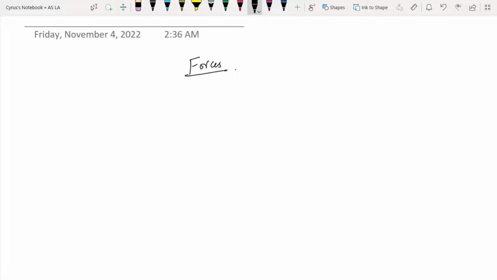You should know that for example, you have this object here. You should know that this object would have forces in various directions here, downwards. But there is one single point where the entire weight of the object appears to act. And we call this single point here the center of gravity, right? So this is the single point